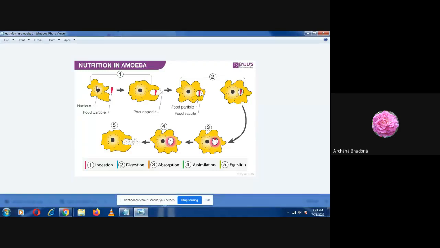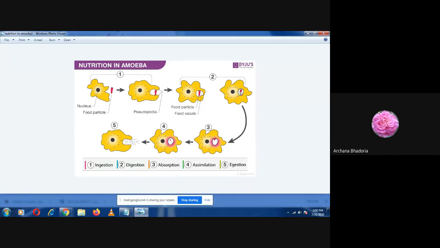Since the cell membrane is flexible, it will produce this cup-shaped structure, the pseudopodia. Why is it forming a cup like this? Because the cell membrane is flexible. Once it forms this cup shaped structure, the food particle comes inside it, and then it will enclose it fully. Once it encloses it fully, the membrane breaks from here and it forms